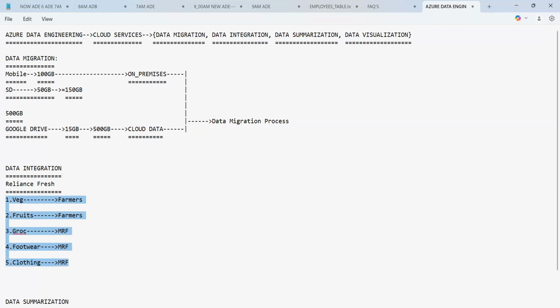So why is Reliance Fresh buying all these products and making them available at their stores? Whenever a customer walks in, the customer should be able to get all the products under one head, under one roof. Am I right?